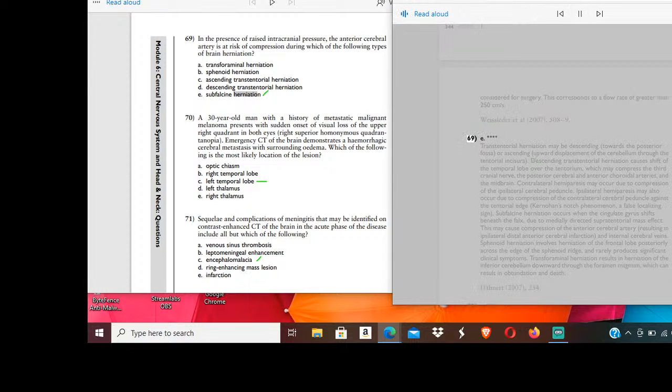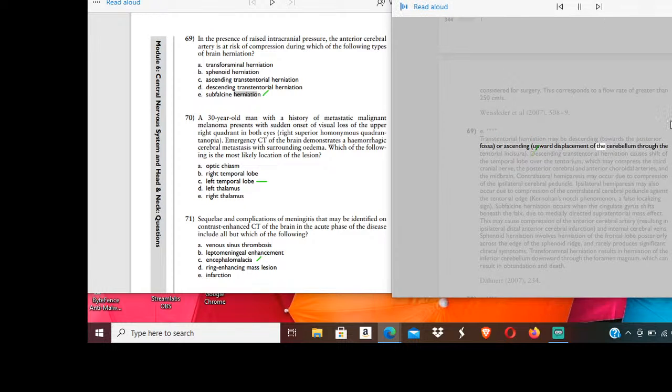69E. Transtentorial herniation may be descending, towards the posterior fossa, or ascending, upward displacement of the cerebellum through the tentorial incisura. Descending transtentorial herniation causes shift of the temporal lobe over the tentorium, which may compress the third cranial nerve, the posterior cerebral and anterior choroidal arteries, and the midbrain. Contralateral hemiparesis may occur due to compression of the ipsilateral cerebral peduncle. Ipsilateral hemiparesis may also occur due to compression of the contralateral cerebral peduncle against the tentorial edge, Kernohan's notch phenomenon,